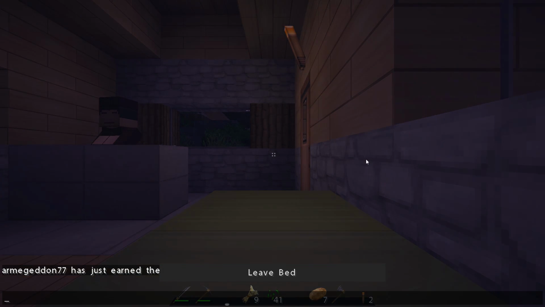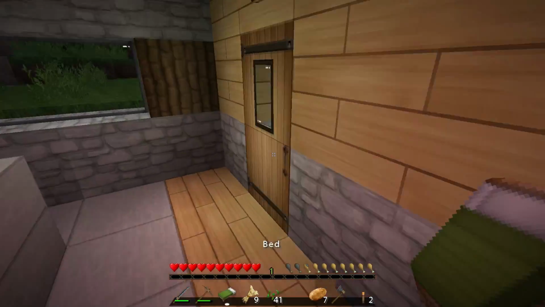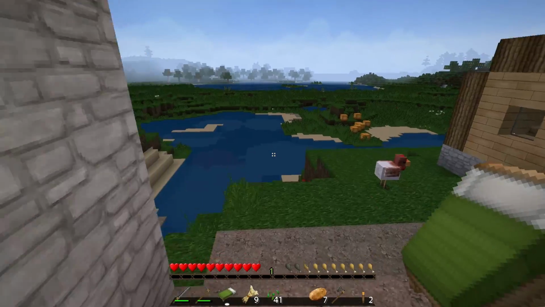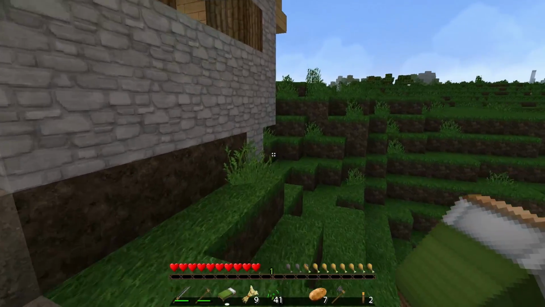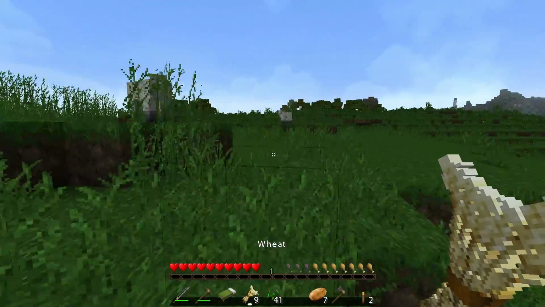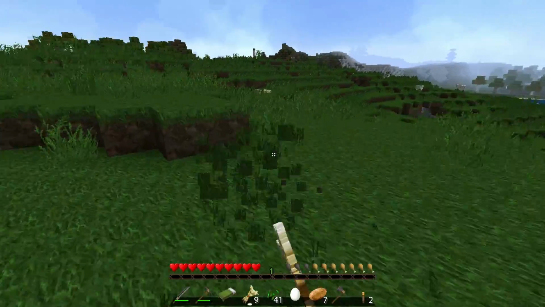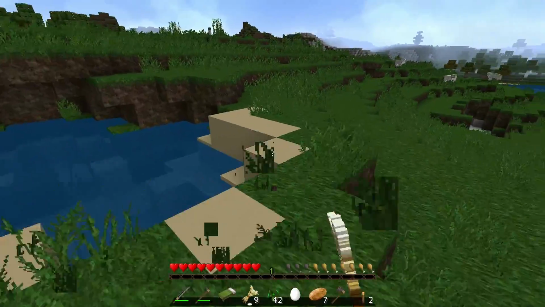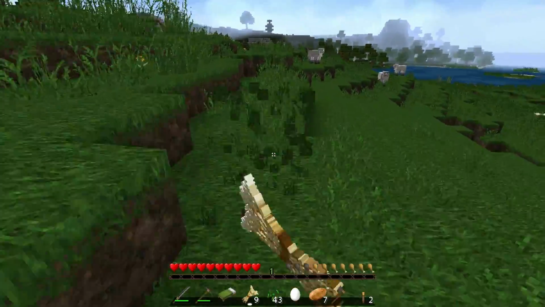Don't mind me, just sleeping. Good. Take our bed back, and we're going to head out. You guys can keep that crafting bench. So let's head this way. We're going to head back to where we started. And you can see we're already starting to get a little hungry. I'll take that egg. Gather some more seeds on our way back, because honestly there's nothing else to do right now. But we're definitely in good shape, so...